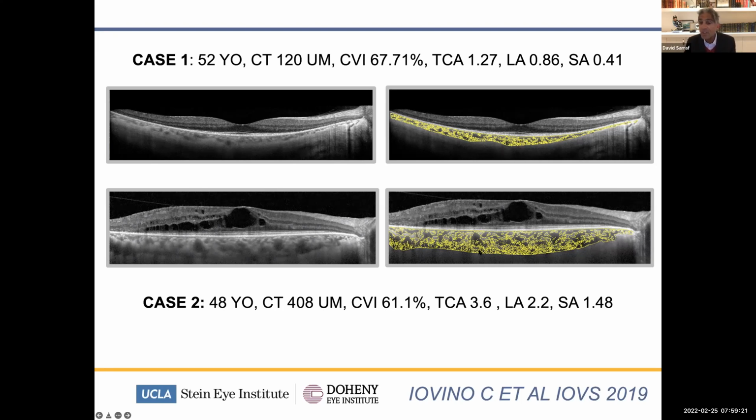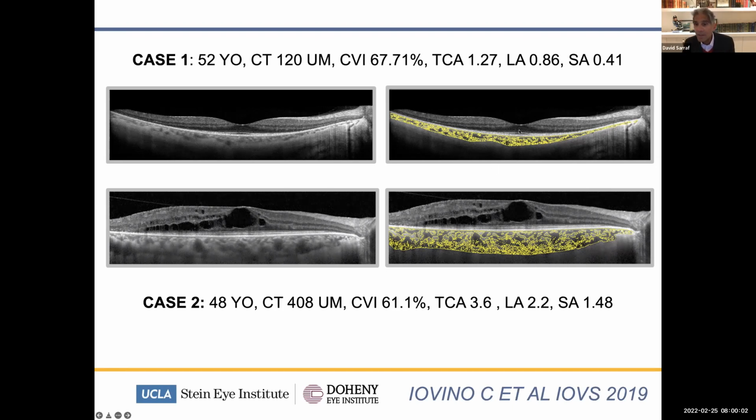And what he did is he did formal choroidal thickening analysis, what we refer to as the Choroidal Vascular Index, CVI, which is a ratio of the luminal area of the choroid over the total choroidal area. And what he found when he did these choroidal vascular index maps is that both the total choroidal area and the luminal area were greater in patients with RP who had intraretinal fluid versus those patients with RP who had no fluid,